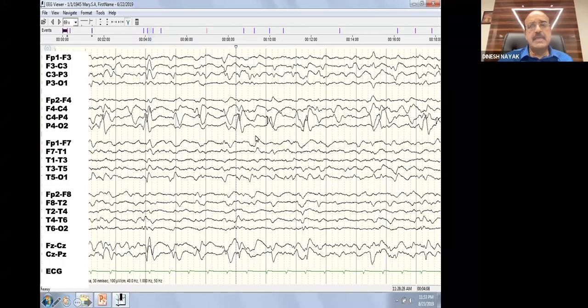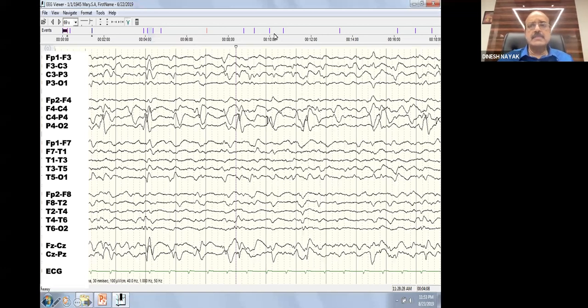It's almost the same interval, and it's seen only on the right side. It's not seen on the left side, and it is seen continuously. There's no evolution. It is almost the same frequency, almost, not exactly the same frequency. No cerebral rhythm is going to have absolutely the same metronomic frequency throughout. So that is what it is.